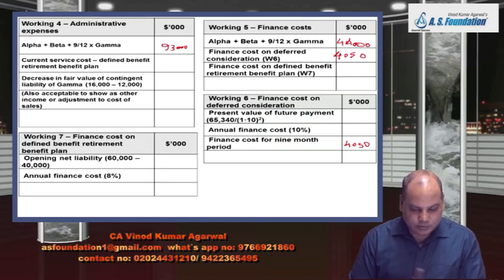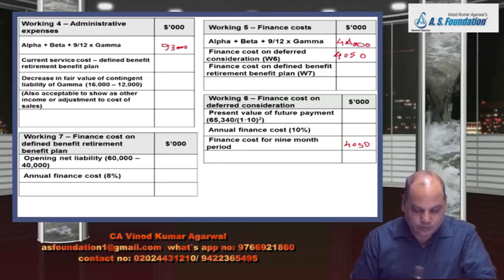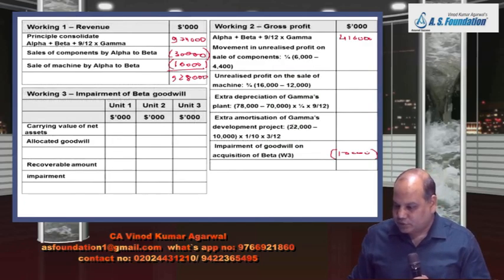The plant and equipment of Gamma had a carrying value on 1st July 2013 of 70 million, fair value 78 million, estimated useful life was 4 years, zero salvage value. So this additional depreciation we will adjust in